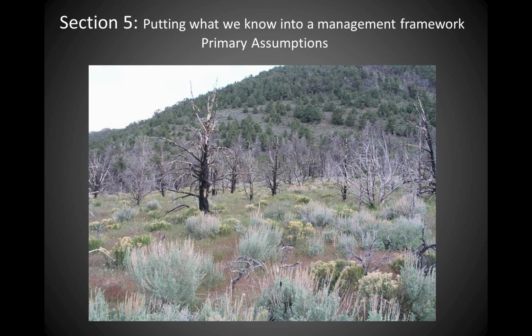Section 5 then does a summary and puts it back into a framework, but it also lists a number of the assumptions that were made, both in the group I worked with doing this literature review, and some primary assumptions that I believe the literature nicely supports. For example, as you go up in elevation, it gets cooler, and your recovery ability of these sites is going to increase, and the resistance to invasives